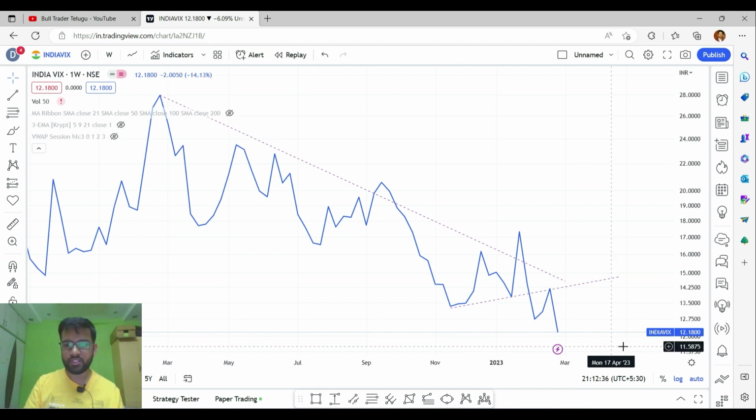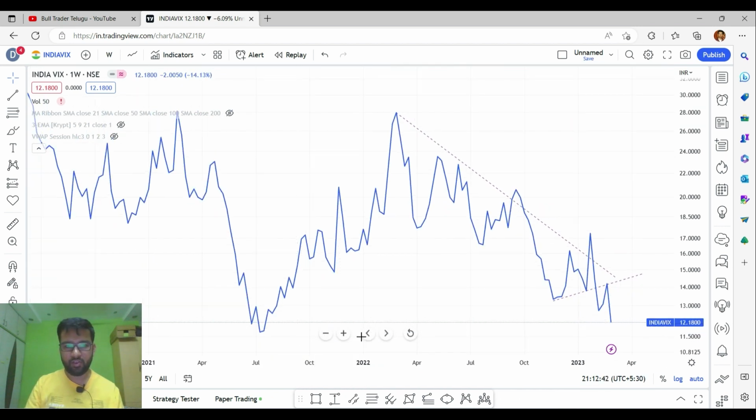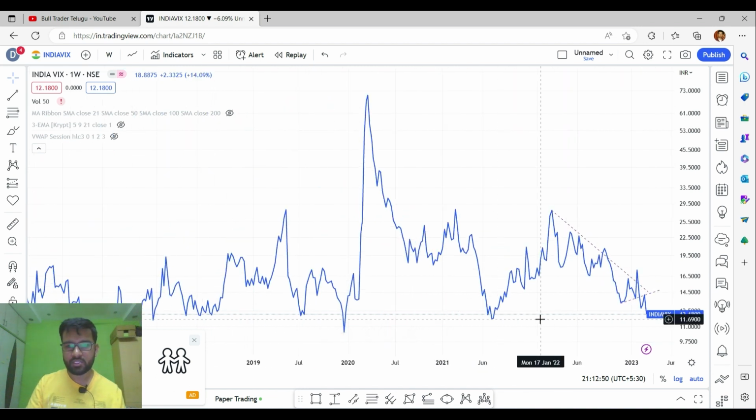So as of now, India VIX is trading at 12.180, and we can expect a further fall up to the 11.68 level, and we can expect a bottom out from this 11.68 level. If the market closes below this 11.68 level, then we can expect a further fall up to 10.52. But if the India VIX comes down below 10.5 or 10 levels, then we can expect a good movement